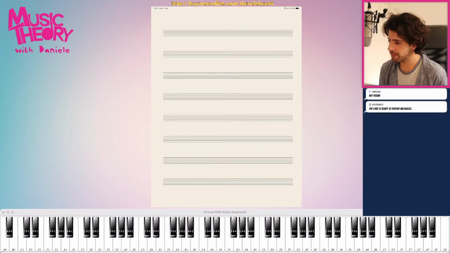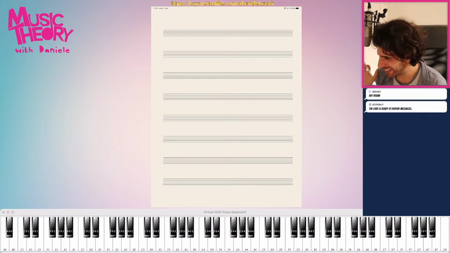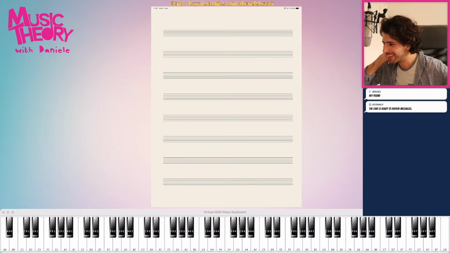Any questions on that? There is an order to the flats, which I might post on the Facebook group. There's an order to the flats and the sharps, which are, what is it called when it goes the same way backwards and forwards? Mirror? Yeah, there's a word for it. Like Taco Cat. Yeah, that thing.